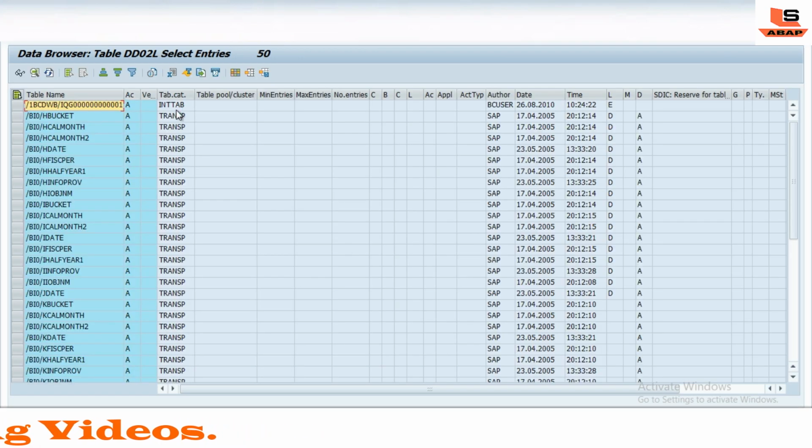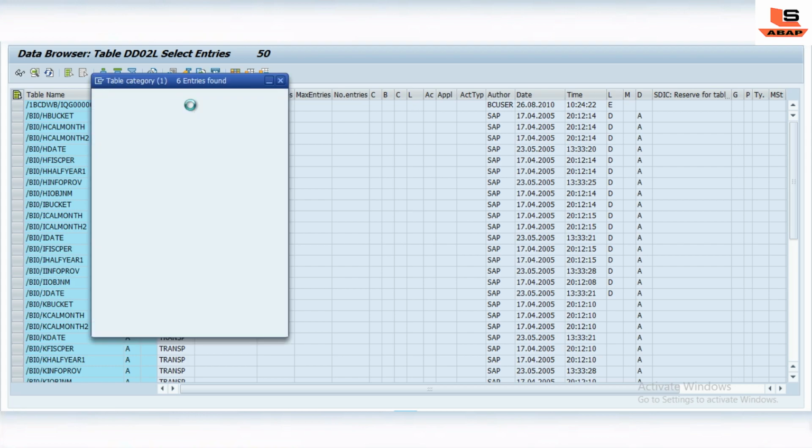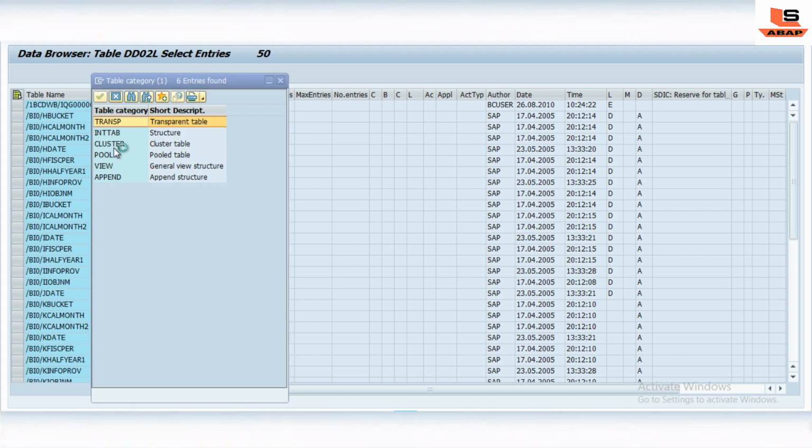Now I select this table category and click on the F4 help. Now if we check the available entries, you can see all the entries except that include, because we have deleted it. So this is the way you can add the value range to the standard domain.